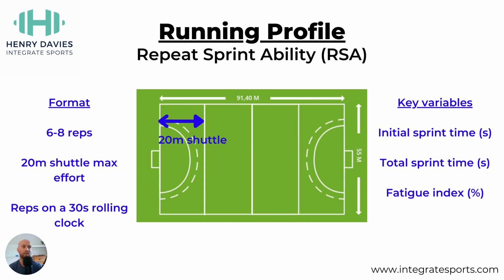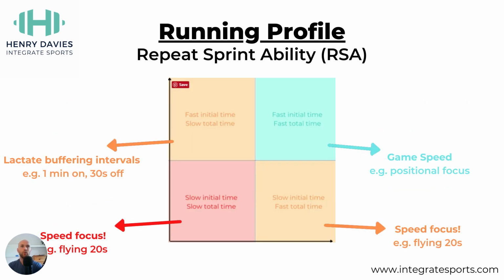And then lastly, the fatigue index, which is the difference in percentage between our best and our worst scores, okay? Which is a percentage drop off in speed. What this then gives us is this, which is what I would typically use as a quadrant system,